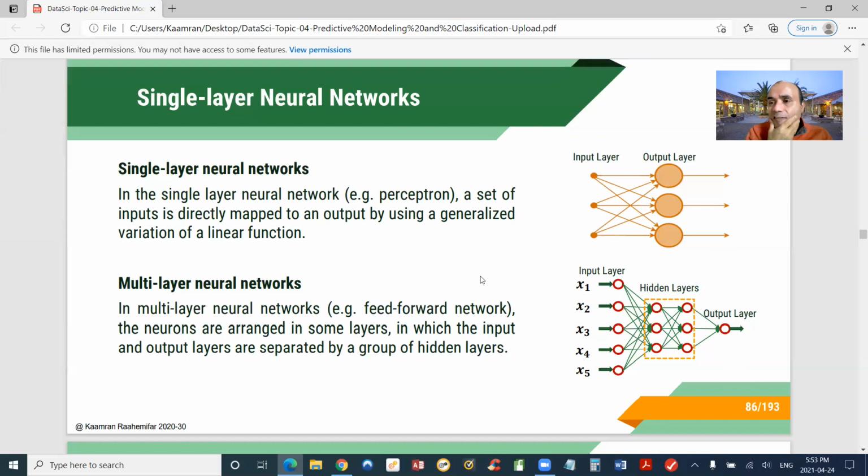Before I go to the next slide, I just want to tell you that the neural network is not new. It is actually more than a century old. The reason it didn't catch fire was because of the computational power we didn't have. Then slowly the microchips became quite powerful. You could do trillions over trillions of operations per second on a single microchip, and it became feasible computationally to